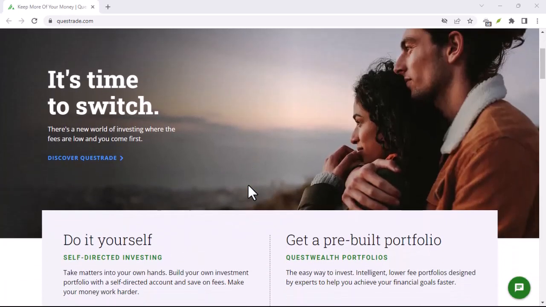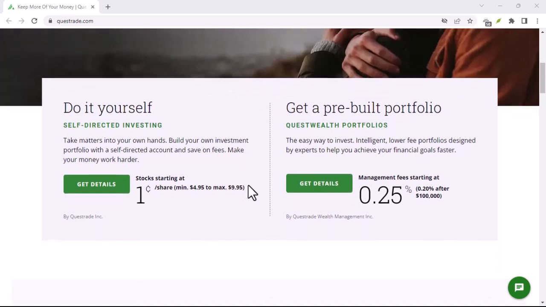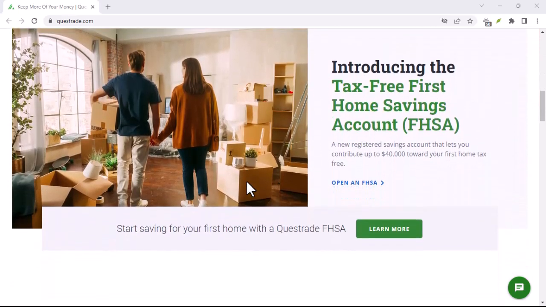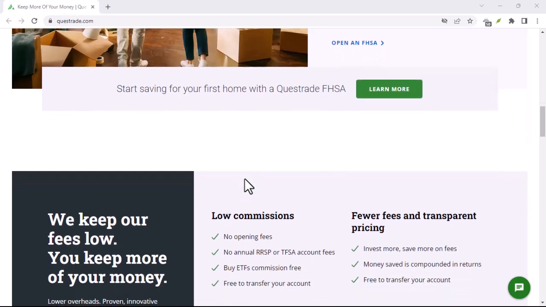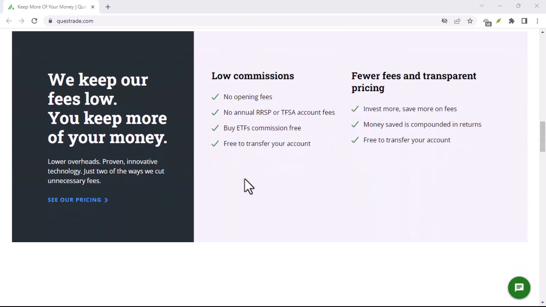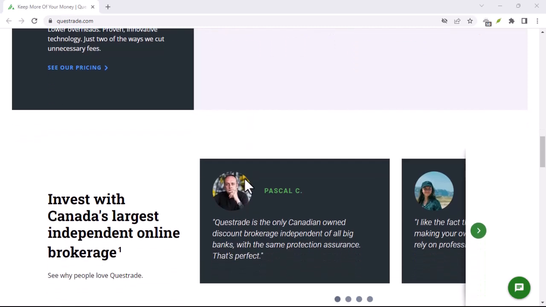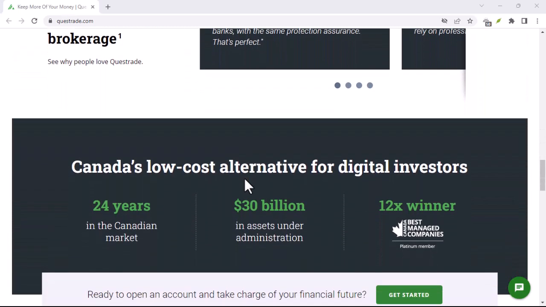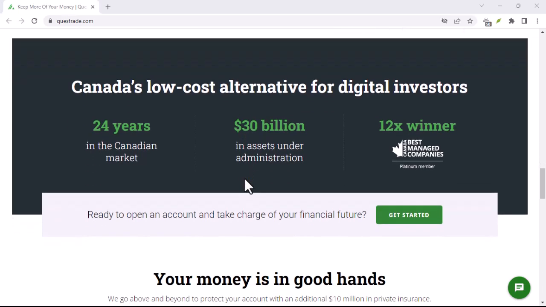Transferring money between Questrade accounts is a simple and straightforward process that can be completed in just a few minutes. By following the steps outlined in this video, you can easily move funds between your accounts and manage your investments more efficiently. So, what are you waiting for? Log into your Questrade account and start